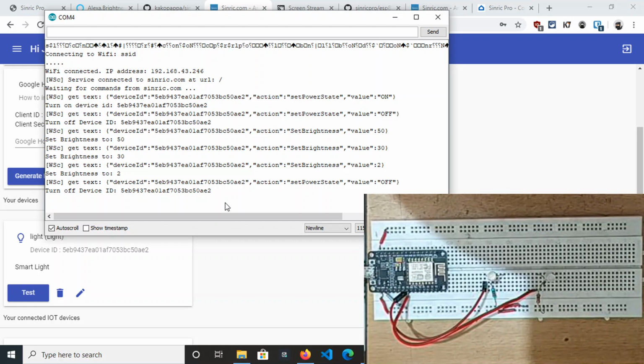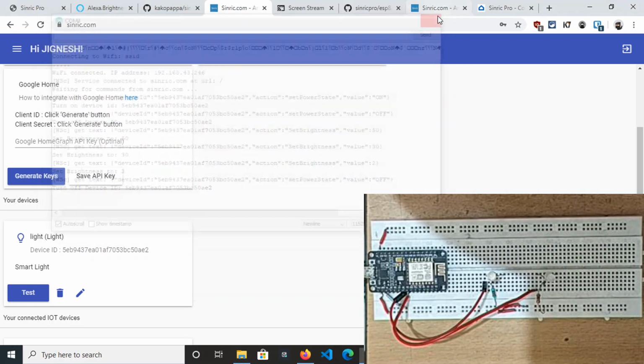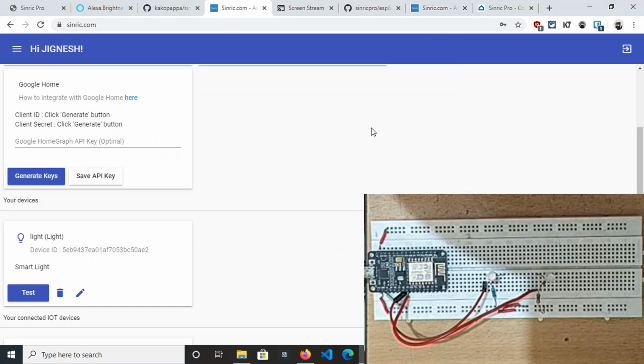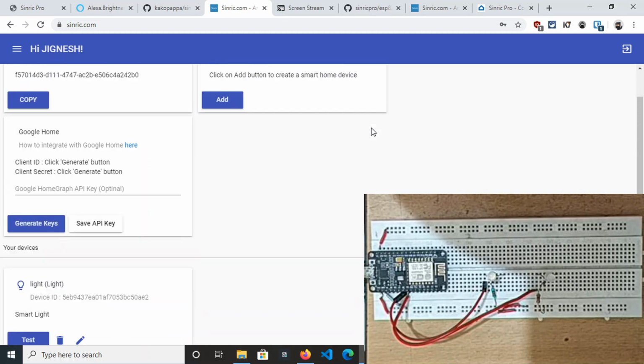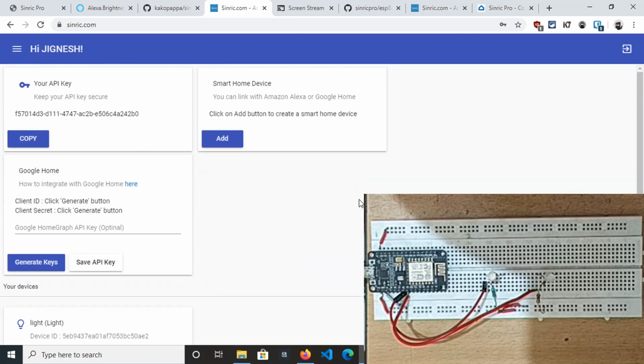So this is how we connect from synric.com. It is version 1, it's working fine currently, and it supports an unlimited number of devices. Now we will move to Synric Pro, the advanced version, in which we can visualize things. We can't visualize things here. It's not a platform or cloud, it's basically a service that connects us to the Alexa cloud.